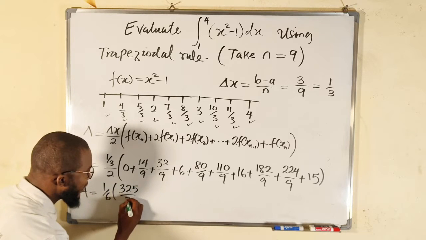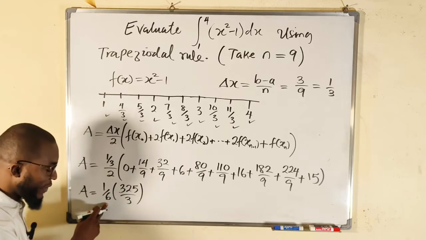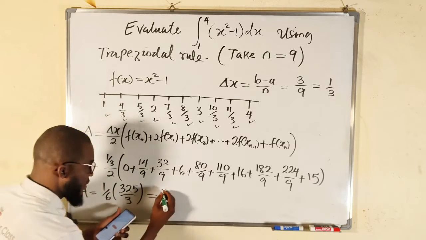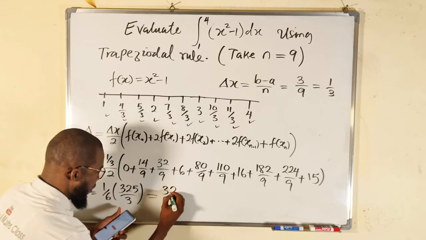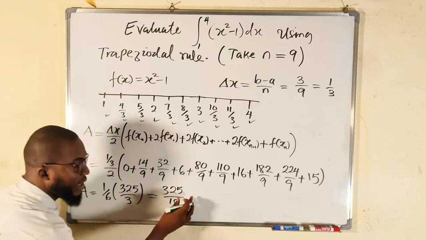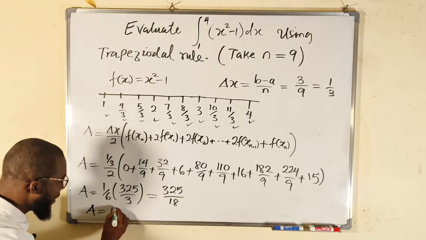Then you multiply by 1 over 6. After I have multiplied by this, I got 325 divided by 18, right? And if you simplify this, you're going to get area as